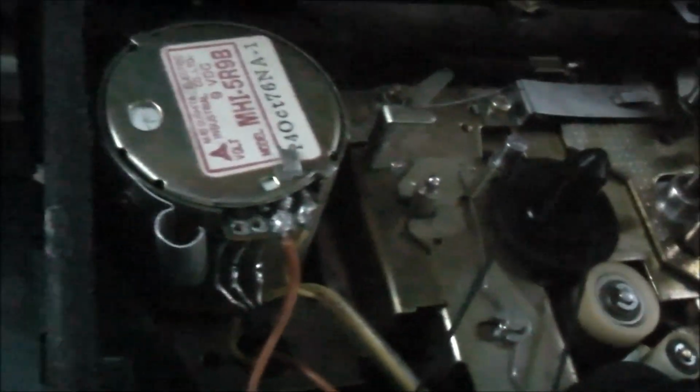It shouldn't go anywhere. It's pretty stiff, it's not going to go anywhere. I shouldn't need to put it under here. It was an old metal case transistor, so there's a date, 14th of October 1976. Matsushita, 9-volt DC motor. There's a potentiometer on the end to adjust the speed, but it's a bit...